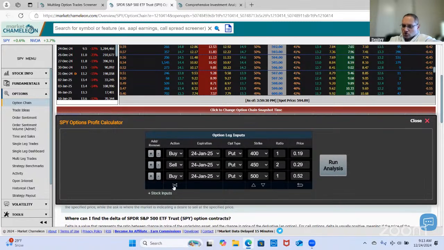So if you wanted to reverse this, you could just click reverse, and then it'll do sell, buy, sell, reverse, buy, sell, buy. You could analyze it from either side. Okay. Let's keep it at this, and let's run the analysis and say, okay, what was, if this is the spread,